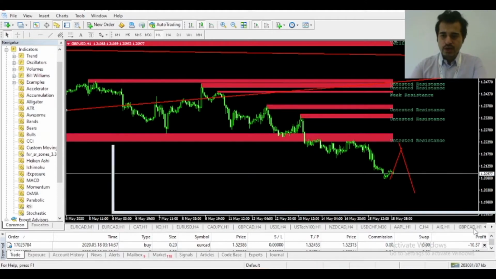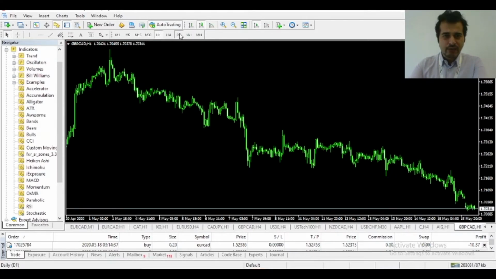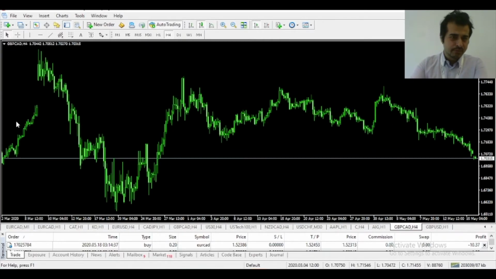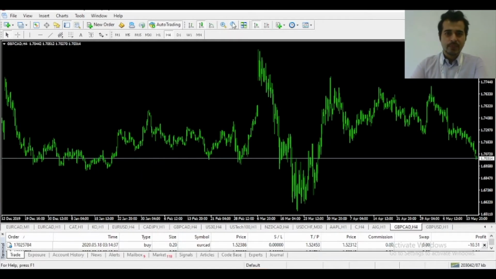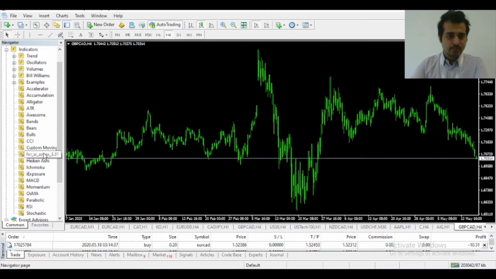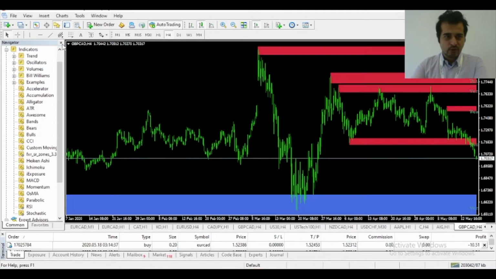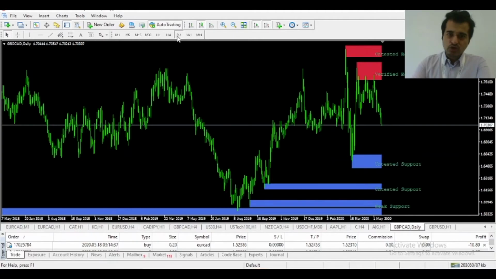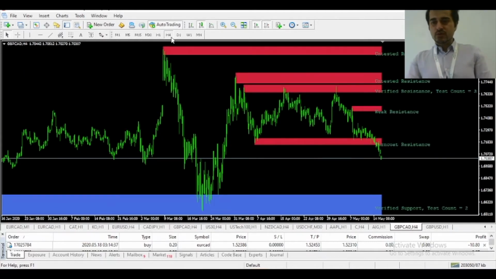Looking ahead at GBP CAD, we anticipated last week that it is ready to be a big beast. That means a 200 to 300 pip drop. You see, we had a nice broken level of 1.722. It has nicely broken that resistance, and from there, as of now, it has dropped about 136 pips. So we believe that it is going to keep falling down in the coming week. So GBP CAD also to the downside next week.